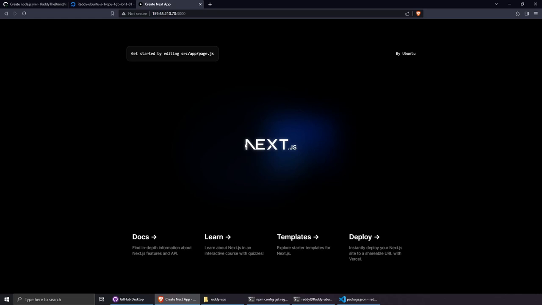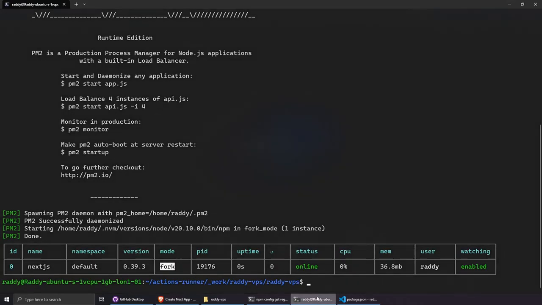Now there is one more thing that we need to do. First of all, if I restart the server, this process will most likely stop and we'll have to start it manually. We don't really want that. You might want to restart your server at some point and you want everything to run seamlessly and just work. We can do pm2